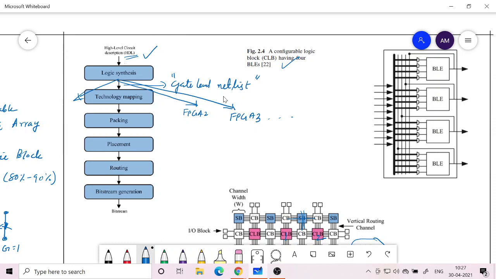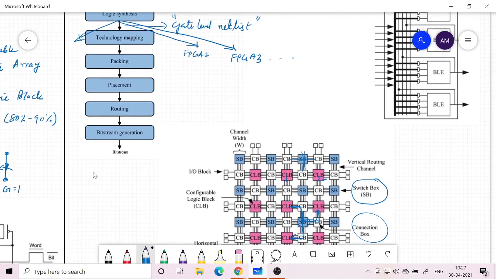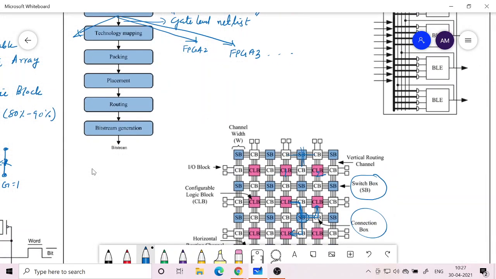And then after that the next step is packing. Packing is basically like, for example, your big design will contain different modules inside, and each module may be put across so many CLBs or BLEs, etc. So how many BLEs are required for one particular sub block? That needs to be clustered. So different clusters will be there, and that is what we call clustering. Packing is basically clustering